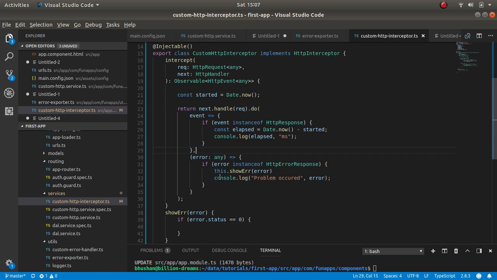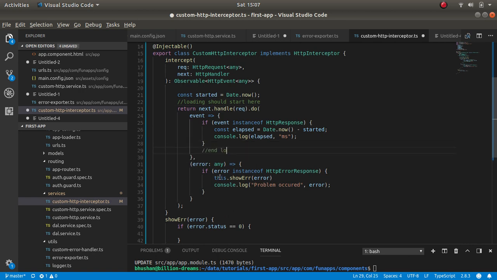In case you need, you can implement the loaders here. Your loading should start here, if you want, and your loading should end here, which will block the user or tell the user that I'm doing some work, or I'm interacting with the server in the